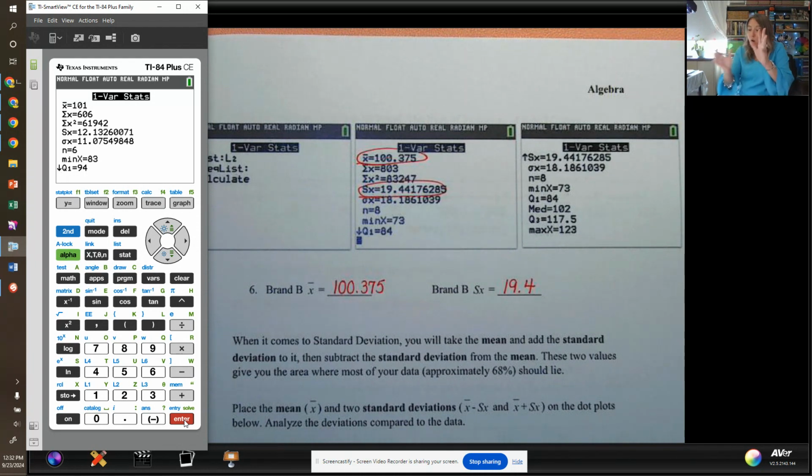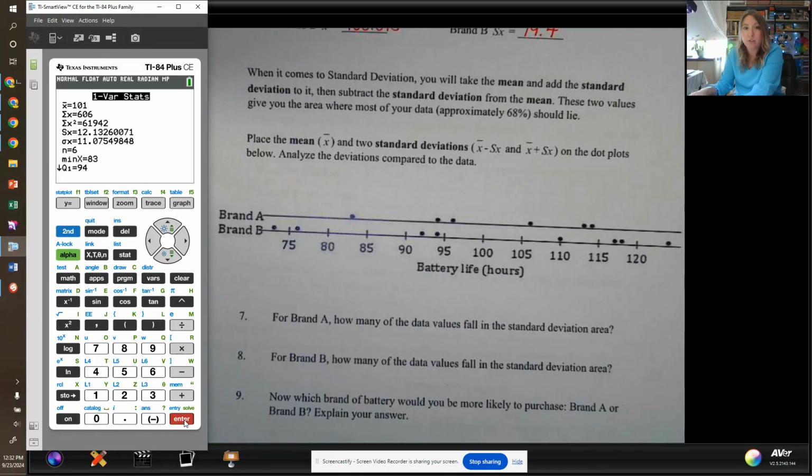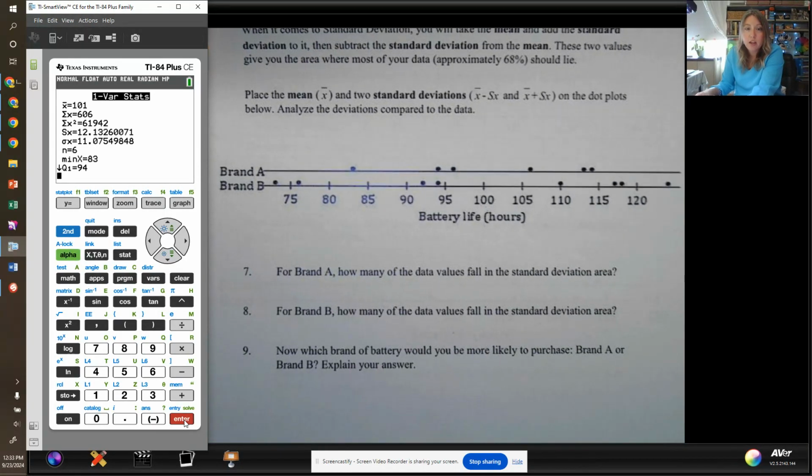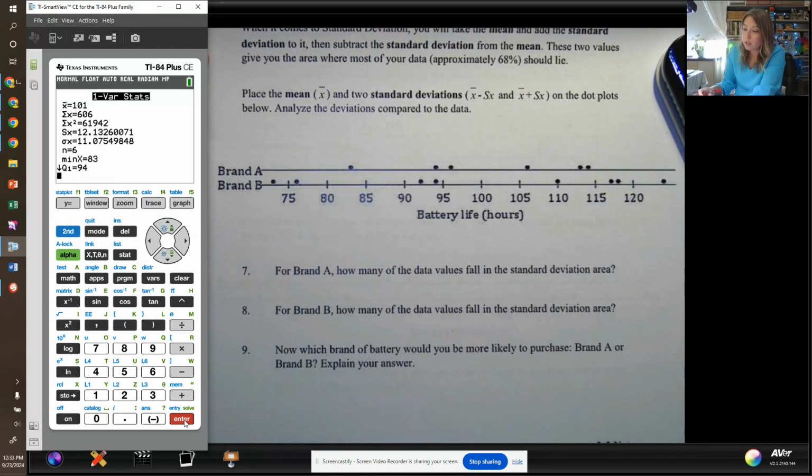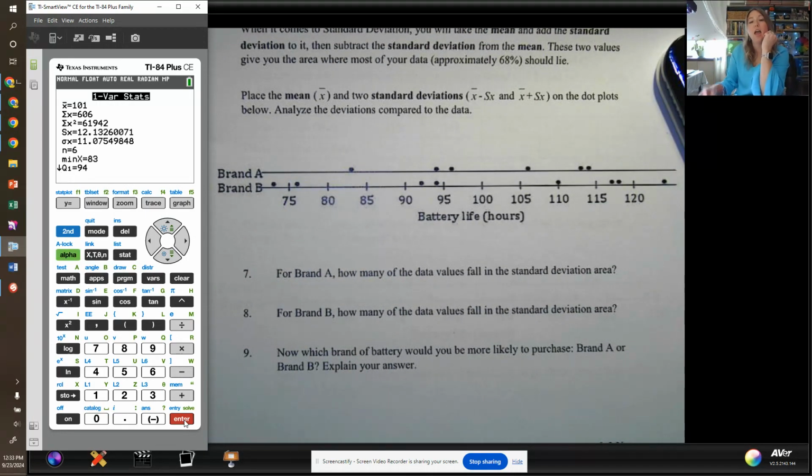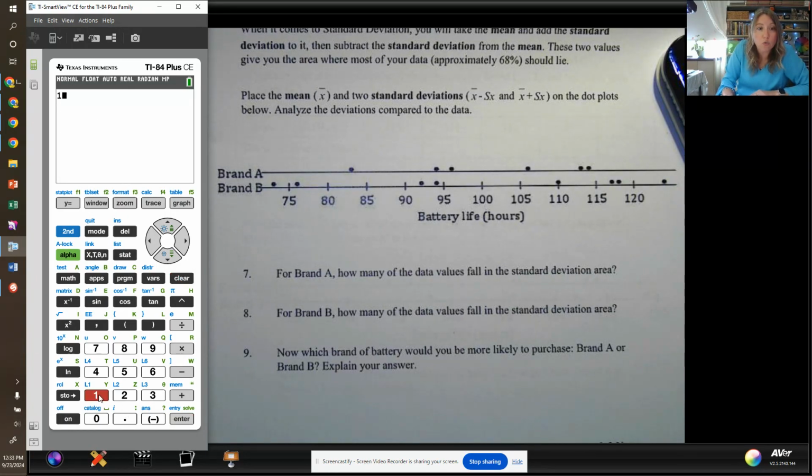Okay? So what we're going to do is we're going to take those two dot plots from earlier, and we put them back right here. So I just recopied those two dot plots. And what I'm going to do now is I'm actually going to add and subtract with my means for each of these brands. And I'm going to figure out where 68% of the data is going to be between. Okay, so let's start with brand A. Brand A's mean was 101. Well, let's add the 12.1 standard deviation and get